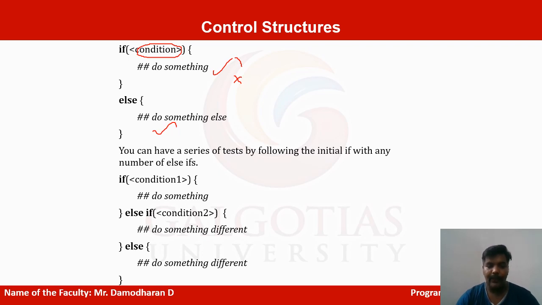But here, any one of the conditions will surely work. See here, this is an if else if condition. There is more than one condition to be checked, so we call it a multiple condition check statement. If the condition is true, it will execute this one first. If it is false, it will check the second condition. If that is true, it does this one, otherwise it does the next condition. So you can check multiple conditions at the same time in a single program.